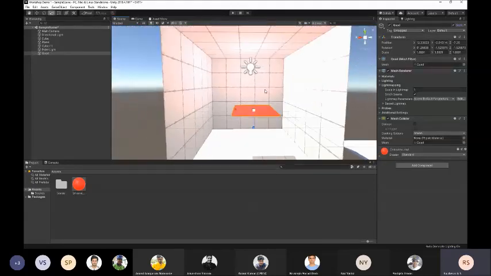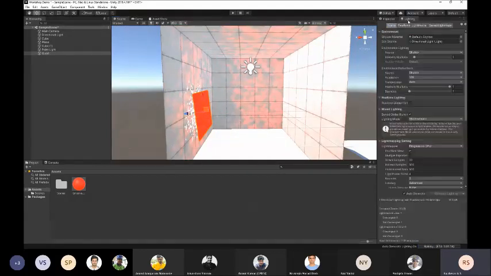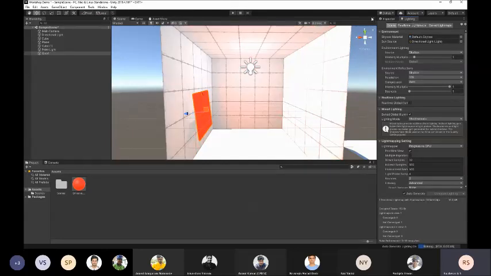So let me create another emissive material. One thing you have to notice, if you declare the object as static and if you move it, Unity will rebake the entire thing. If you don't want that to happen, then you can go to lighting and switch off auto generate, and you can manually bake the lighting by clicking generate lighting.